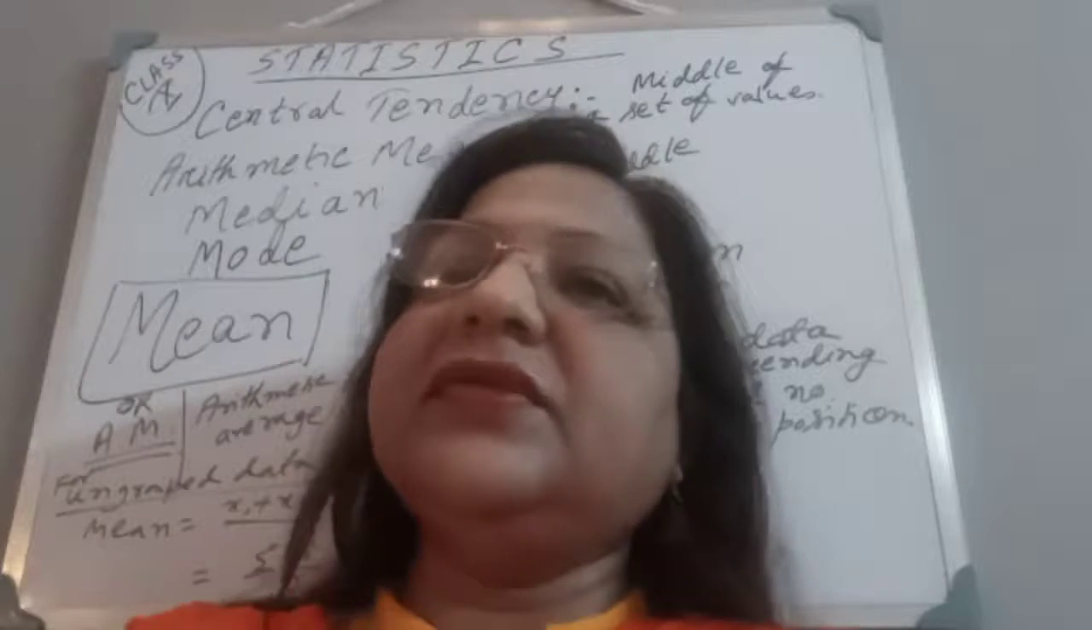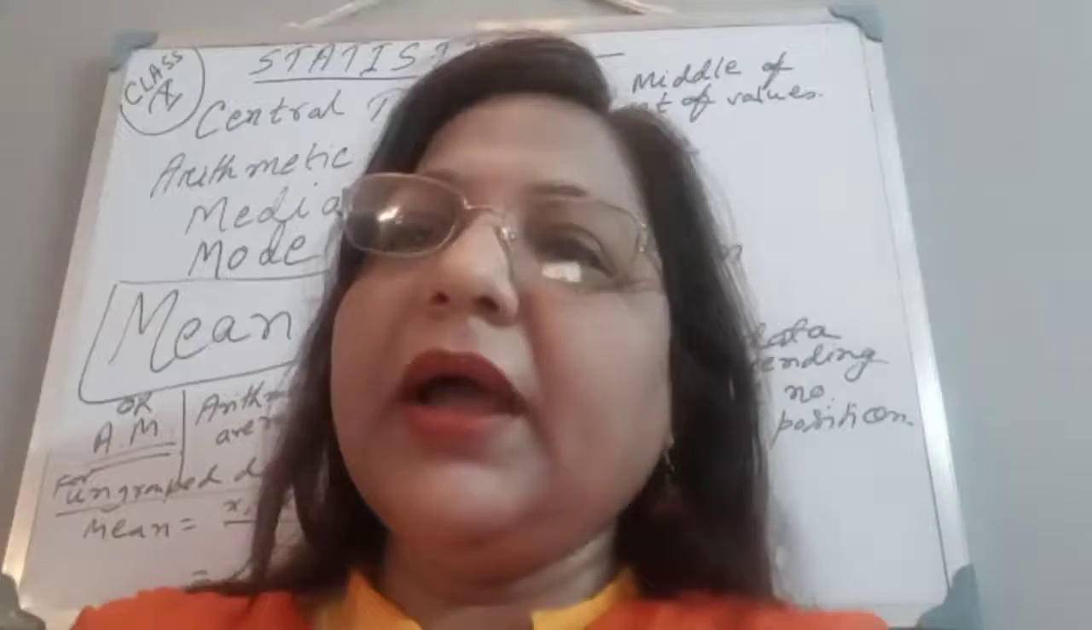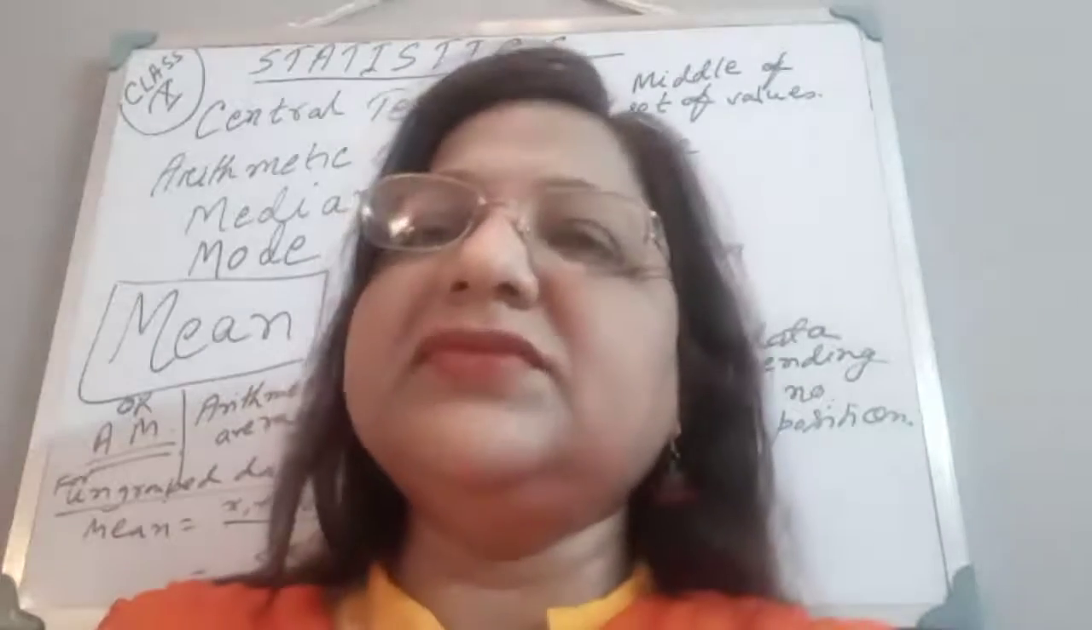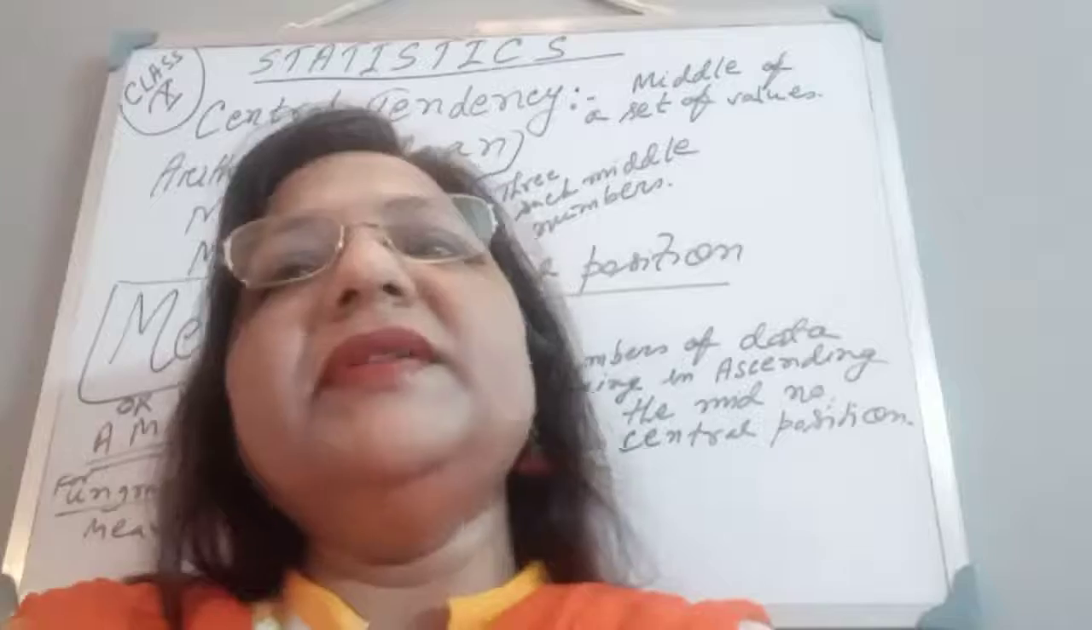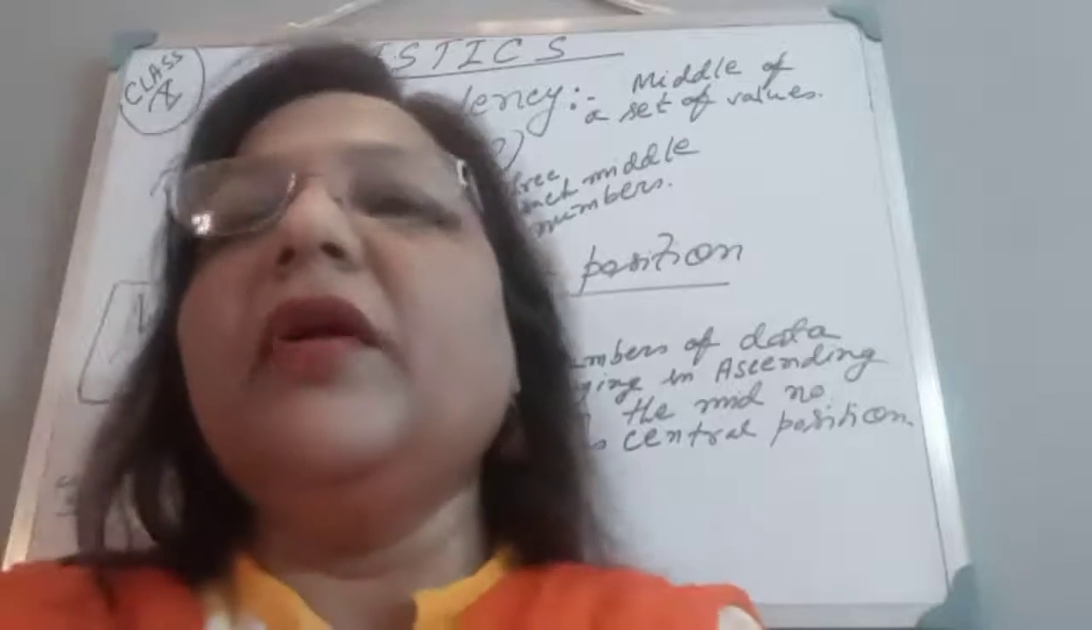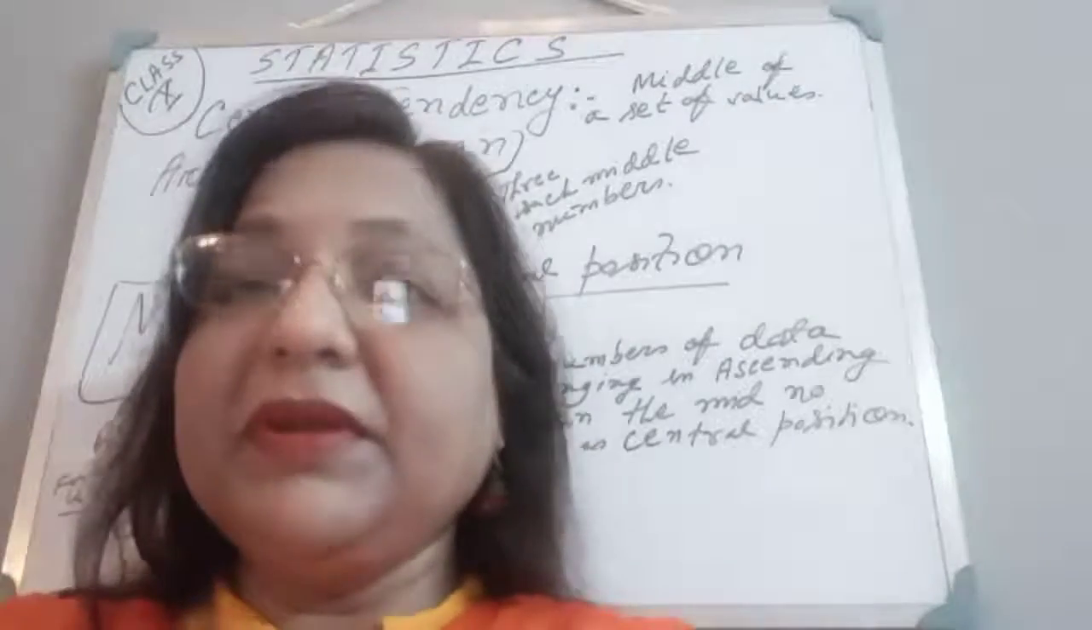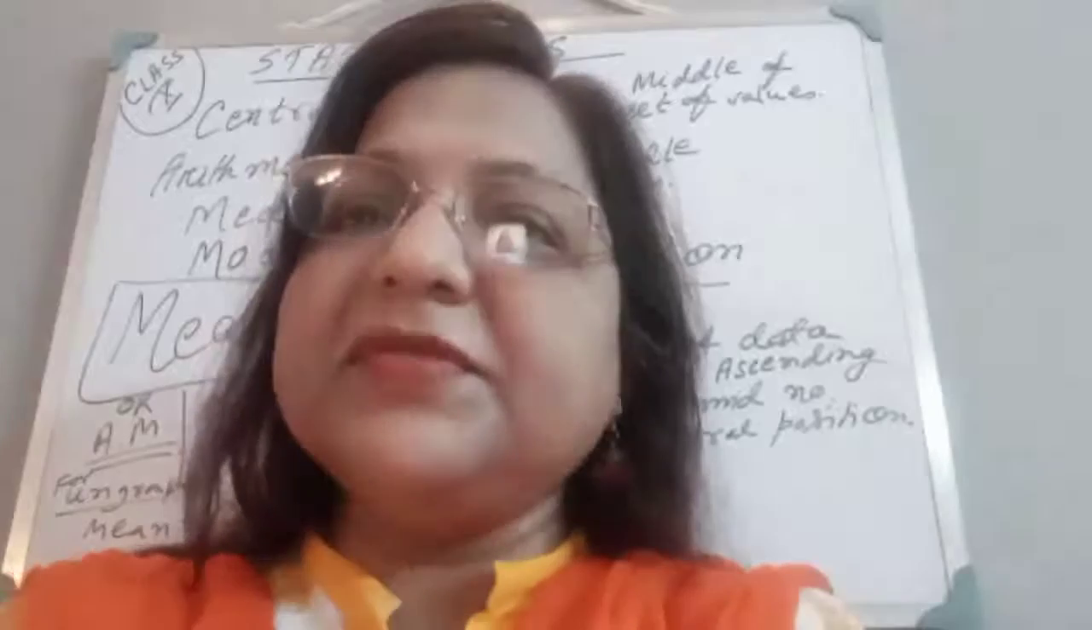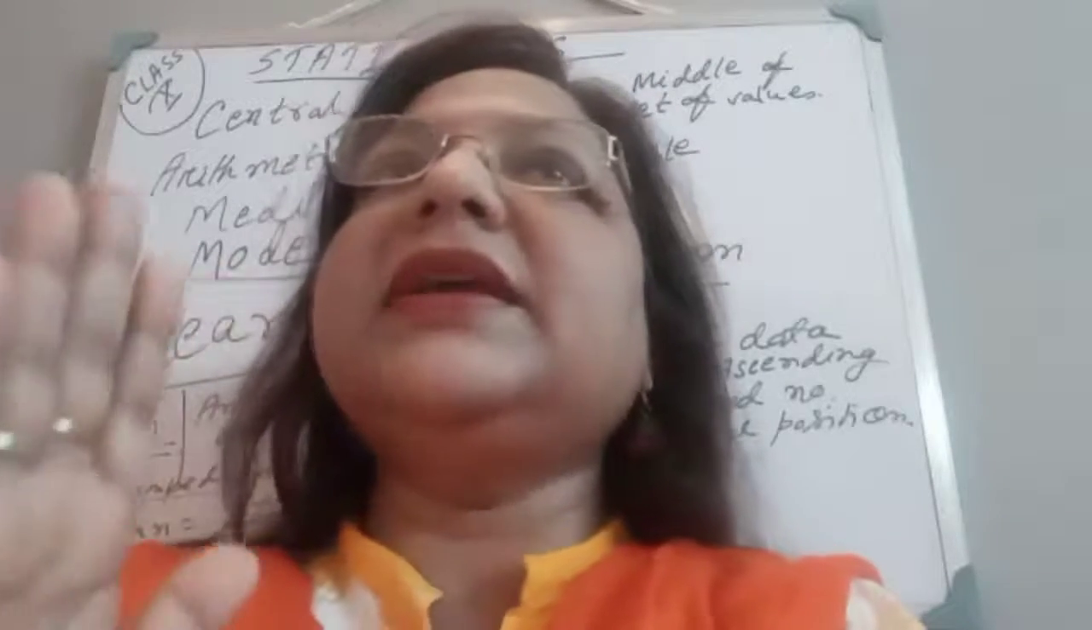Before starting central tendency, let me say something about the frequency. What is frequency? Let us recapitulate this. Frequency is the number of observations, the number of repetitions. That means when an observation repeats. So say roll number 1 got